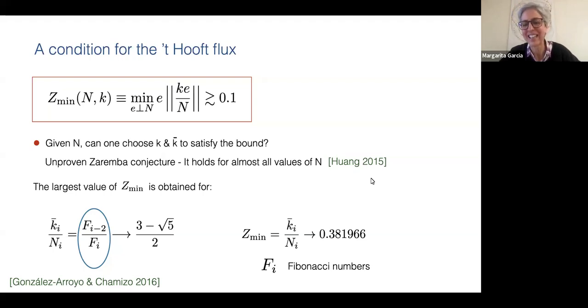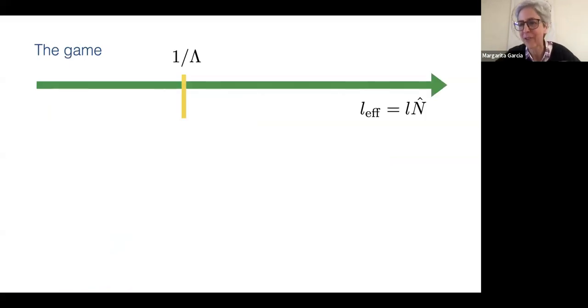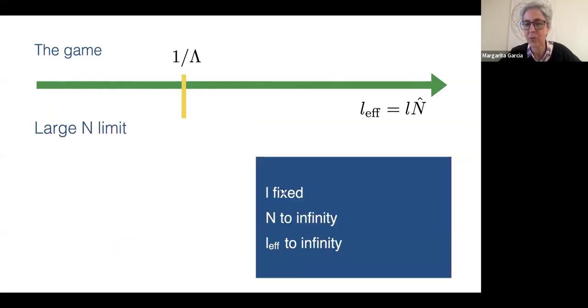So taking the flux and n along the Fibonacci sequence seems to be the best way to avoid problems when you're doing TEK or any kind of these volume independence, adiabatic continuity games on a torus with twisted boundary conditions, okay? So what is the game for us for doing TEK? We have this effective volume that in principle contains L and n. And we want to take the large n limit in a particular way. So we are going to keep L, the torus period, fixed, and we are going to send n to infinity in such a way that the effective size goes to infinity.